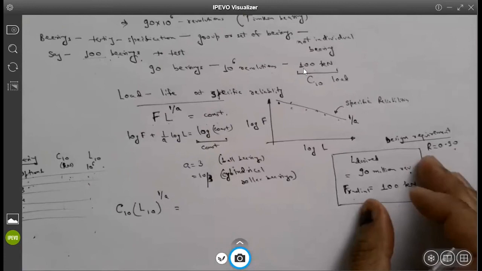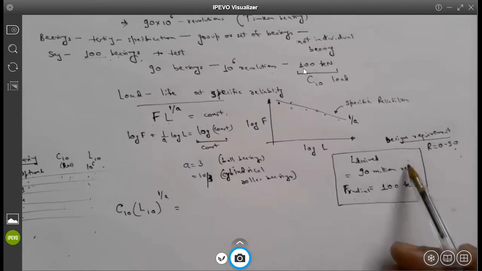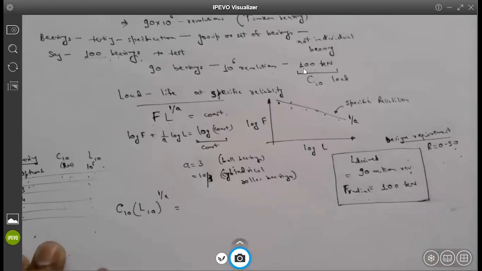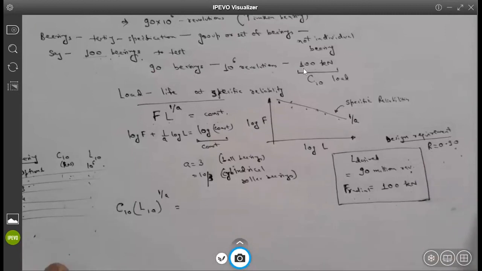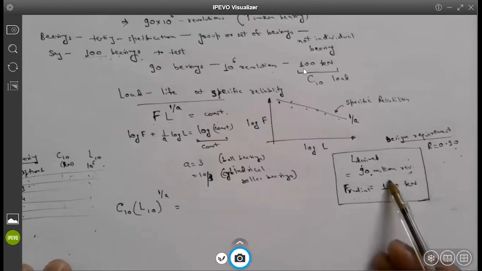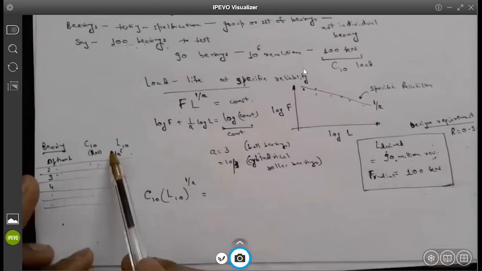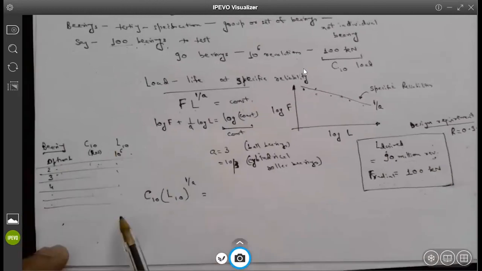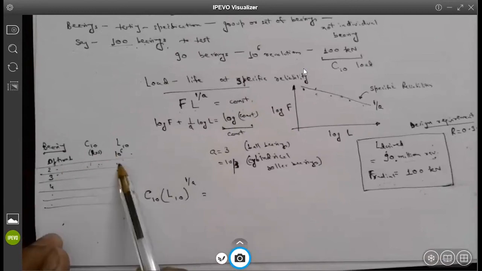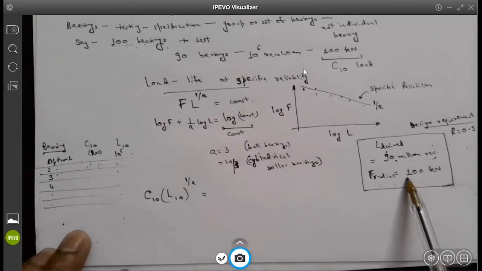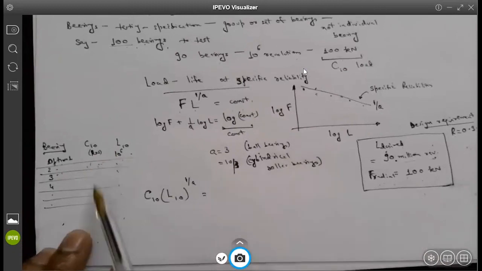So these are my design requirements, and they will be different for different designers. For a designer working on, let's say, a lathe machine or a milling machine or some other machine, the requirements will be different. He or she will have a different desired life in million revolutions and desired radial load. Every designer will have different design requirements. Now, when I have to pick a bearing, I will only get these specific numbers to select with, the C10 load and L10 life. So how can I use my requirements and match them with the bearing manufacturer's catalog values?